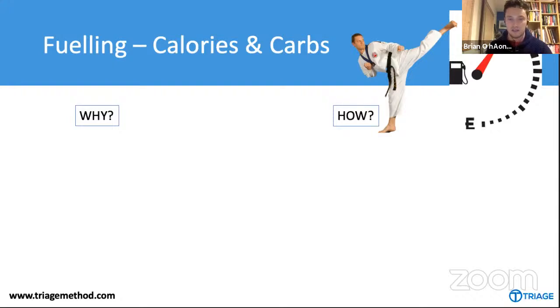The next section we're going to talk about is fueling for your sport, using both calories and carbohydrates. These are two major considerations. At its most basic level, we need calories because they provide us with energy that is converted in the body to allow us to do all the things that we need to do throughout our day to day, but then also in training. So at a very basic level, if an athlete is not consuming enough calories, then their performance is not going to be as good as it should be, because they just don't have enough energy available to keep up with the demands of their training.